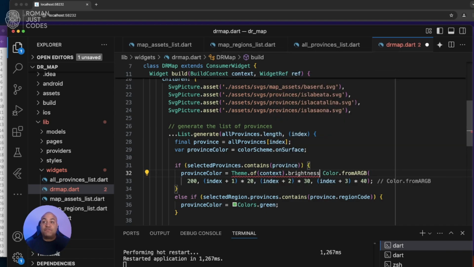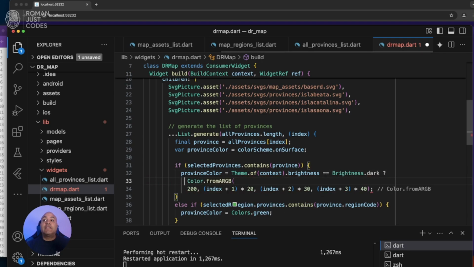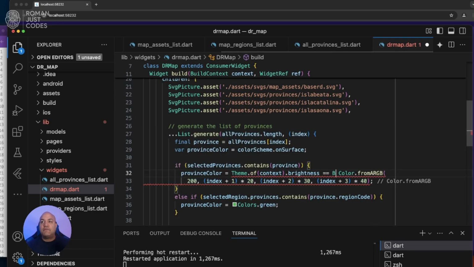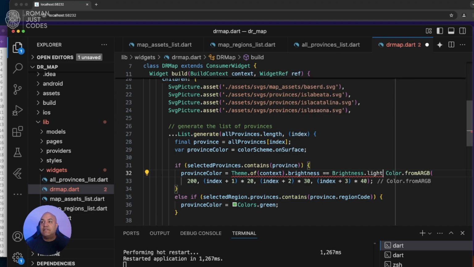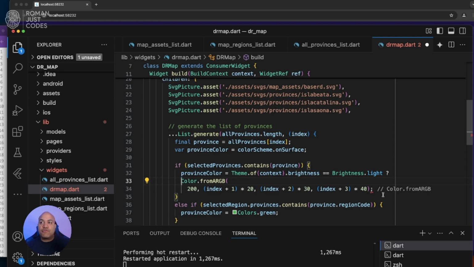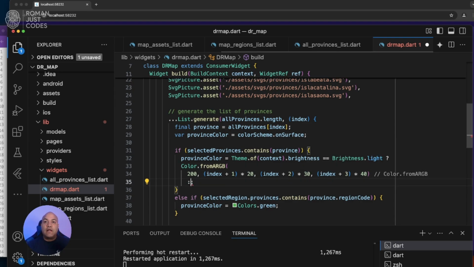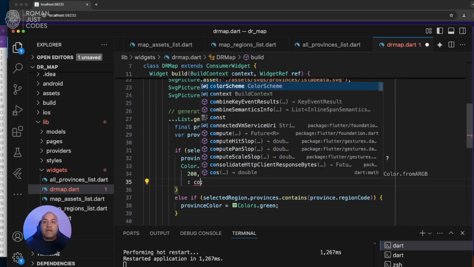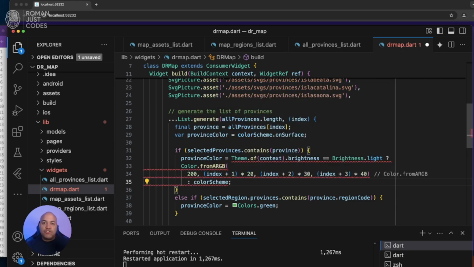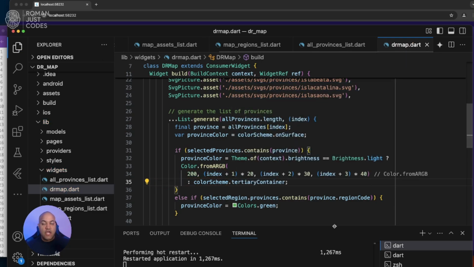The brightness, I have to say, if the brightness is the light one, the light version, the brightness is the light, then you apply this random color that I created. Otherwise, I want to pull one specific value from the color scheme, which I'm calling color scheme, which is only used for the dark color. It's called tertiary container. So tertiary container, I'm only using it for the dark theme for when the provinces are